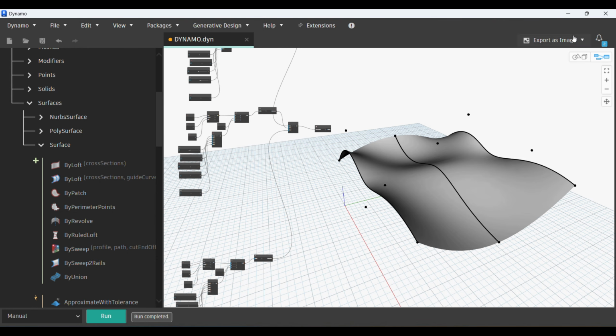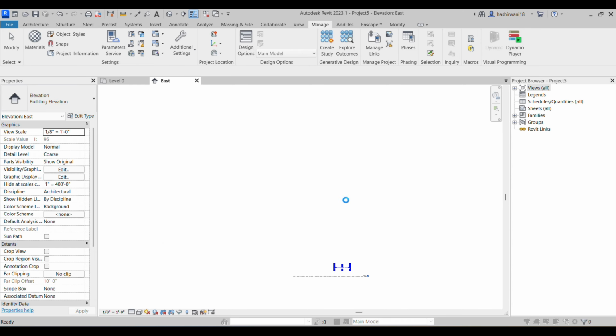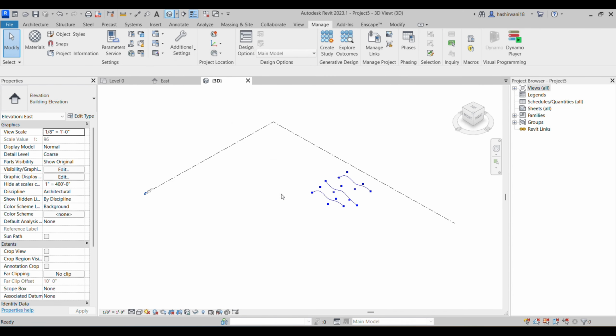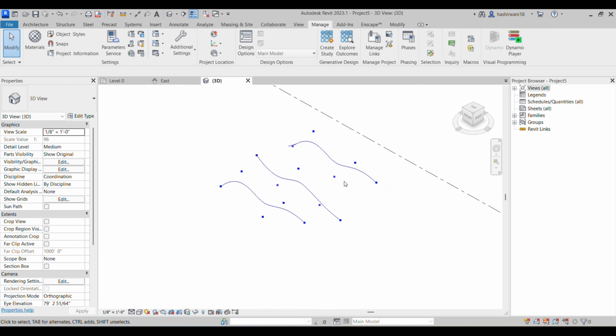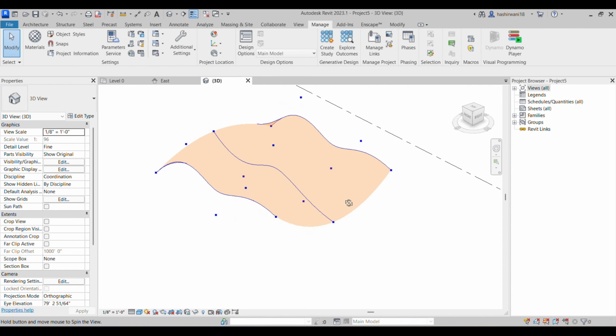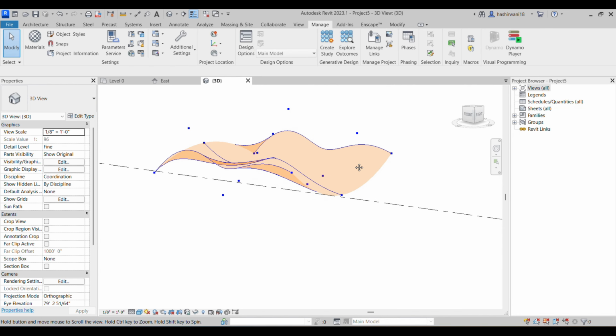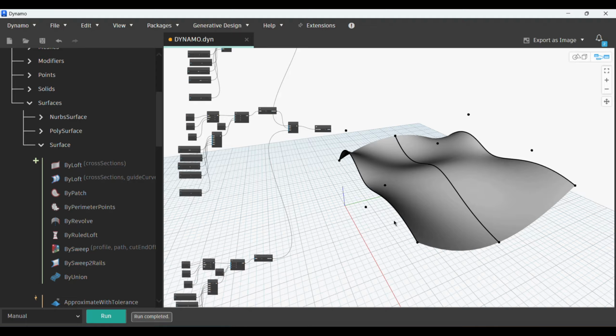If I go back to my Revit, we can see this particular file. If I want, I'll just view it in 3D guys. Can you see? Maybe I'll just move it to shaded. Maybe now you guys can see it. Perhaps I'll just go to fine here. Now you guys able to see it, but what we're going to be doing here is, without taking too much